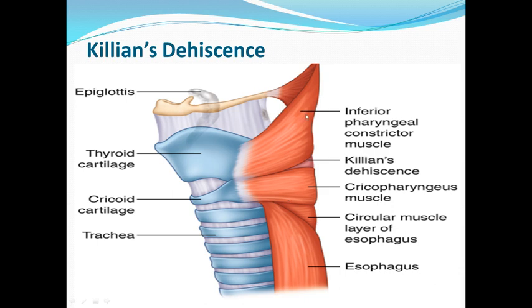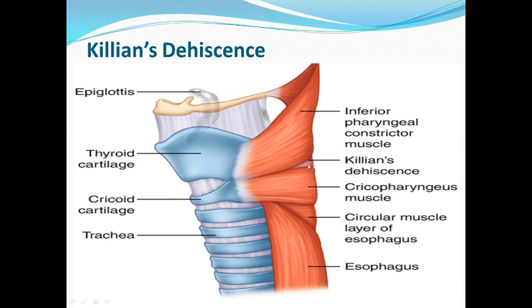In between the lower part of the thyropharyngeus muscle and the cricopharyngeus muscle, there is a small triangular area in which there is only a single sheet of muscle. There is no overlapping of any upper or middle constrictor. No constrictor overlaps this region, a small triangular area where there is a single sheet of muscle in between the two parts of the inferior constrictor muscle.